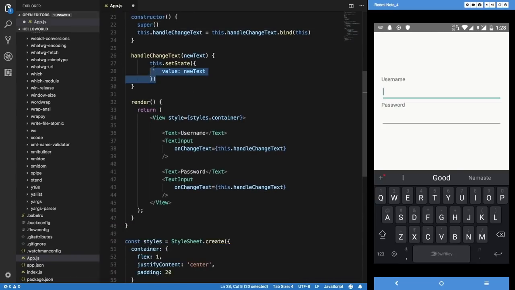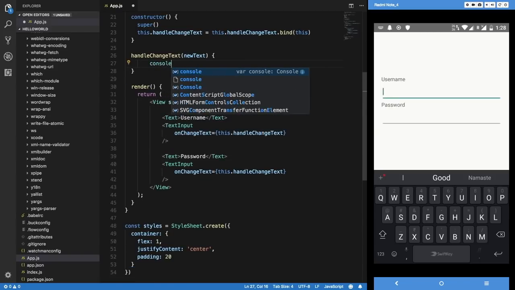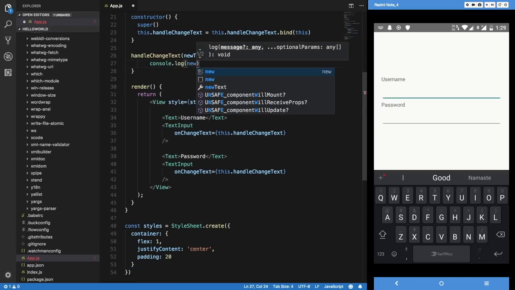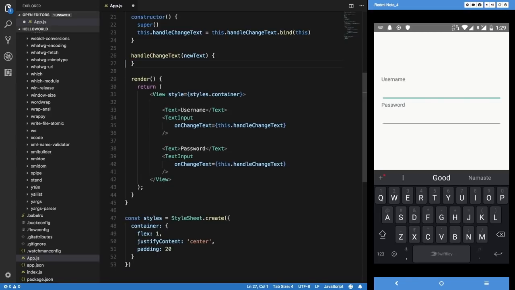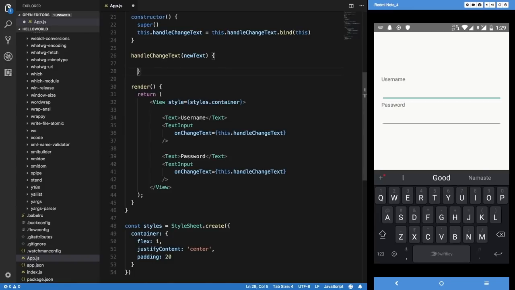And basically this one as well. New text, we can just console here, and not really, let's just say handle username changes. So for example here,